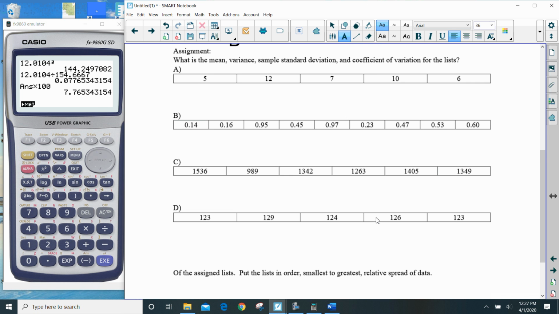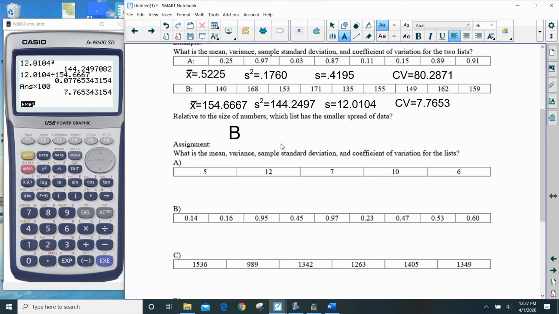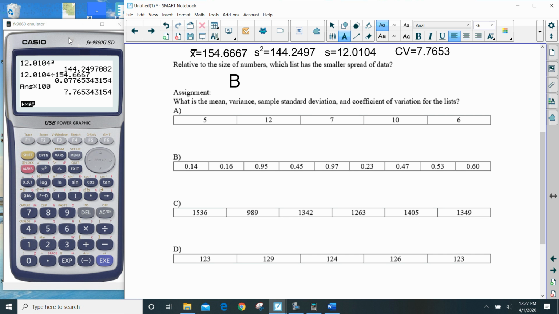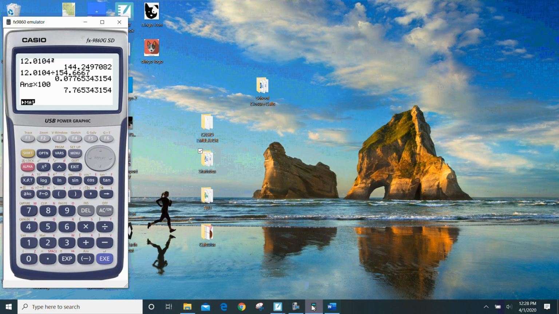So here are some 4 problems for you to do. Now, I understand that some of you do not have this calculator. I'm working on the issue. I think you can download and use, what the heck? You can use this calculator